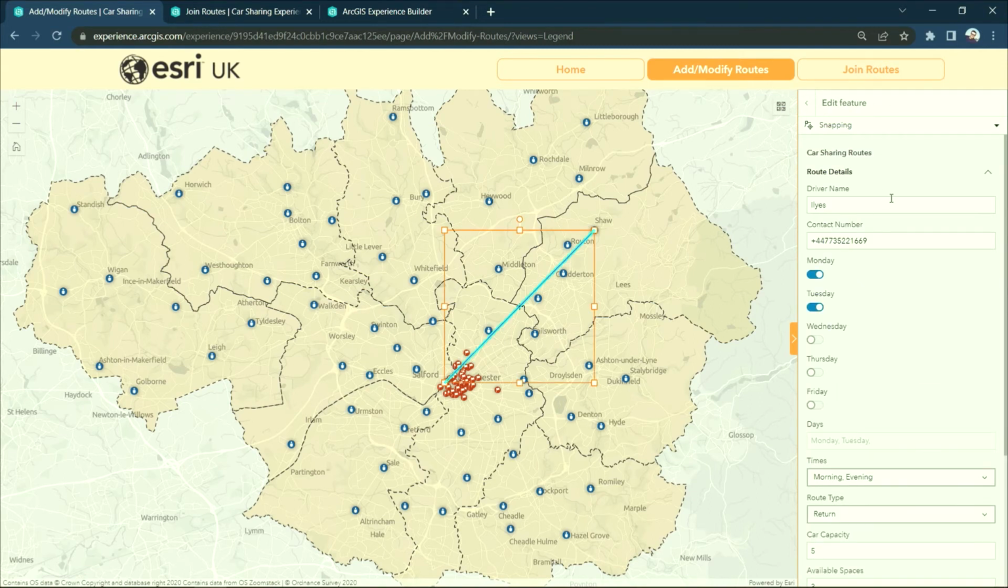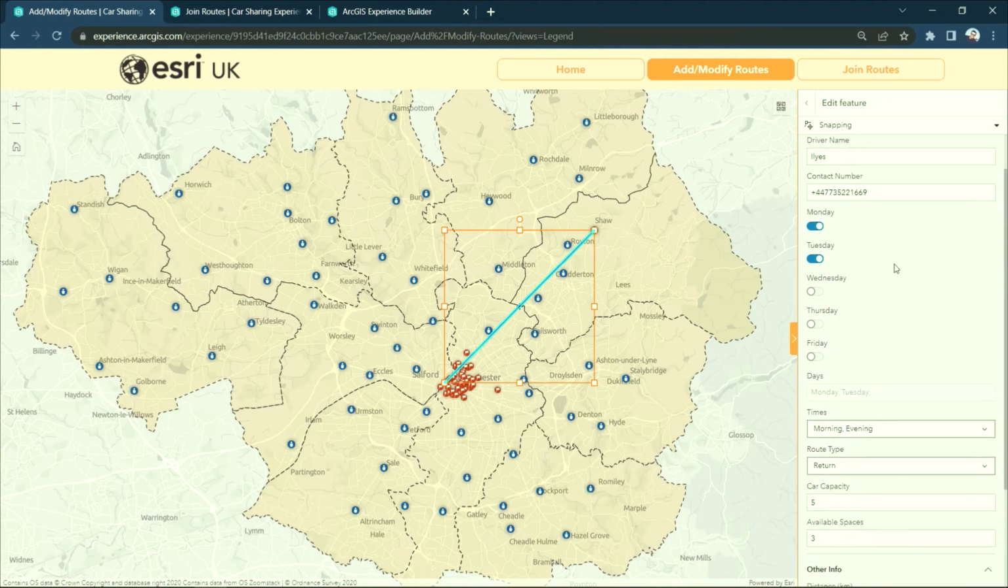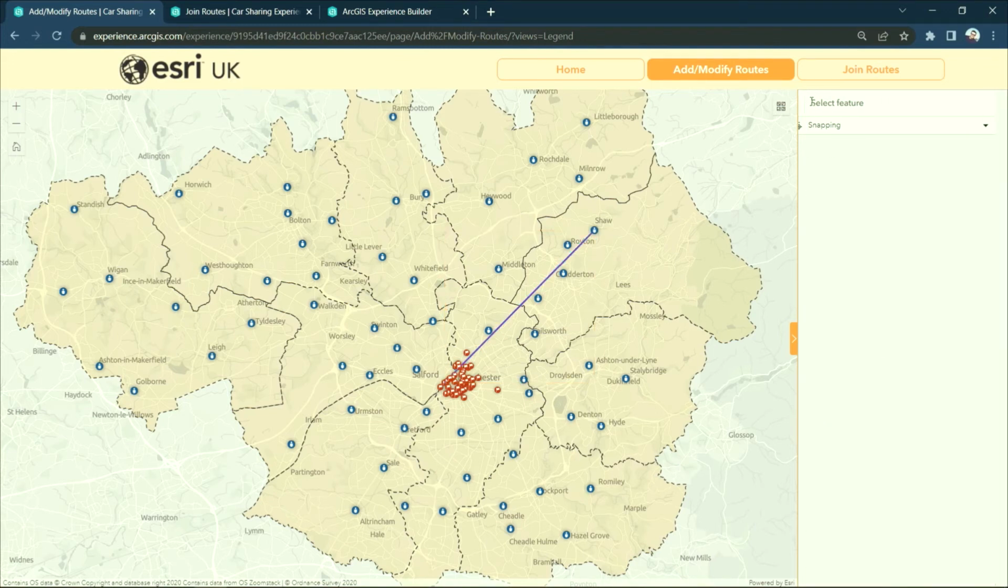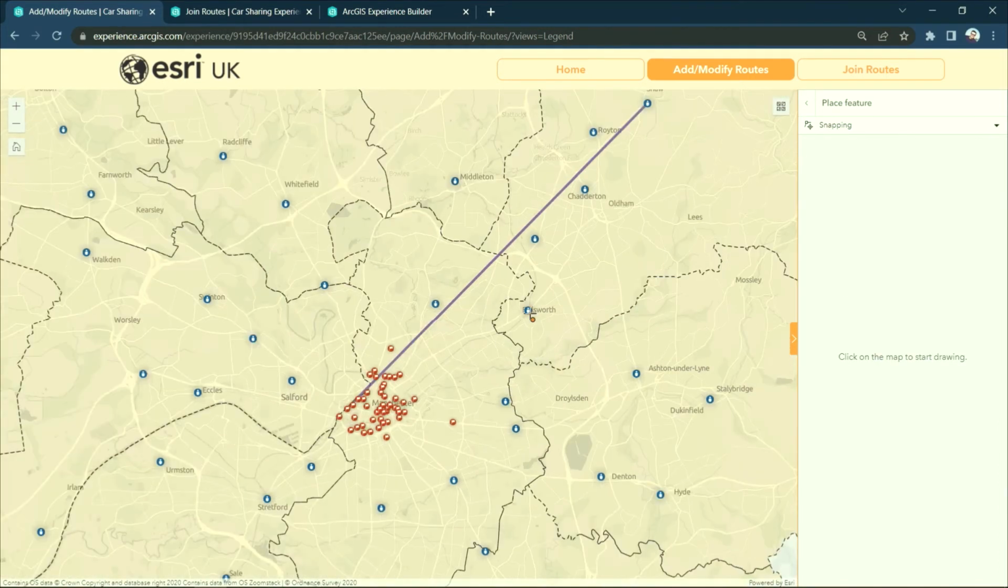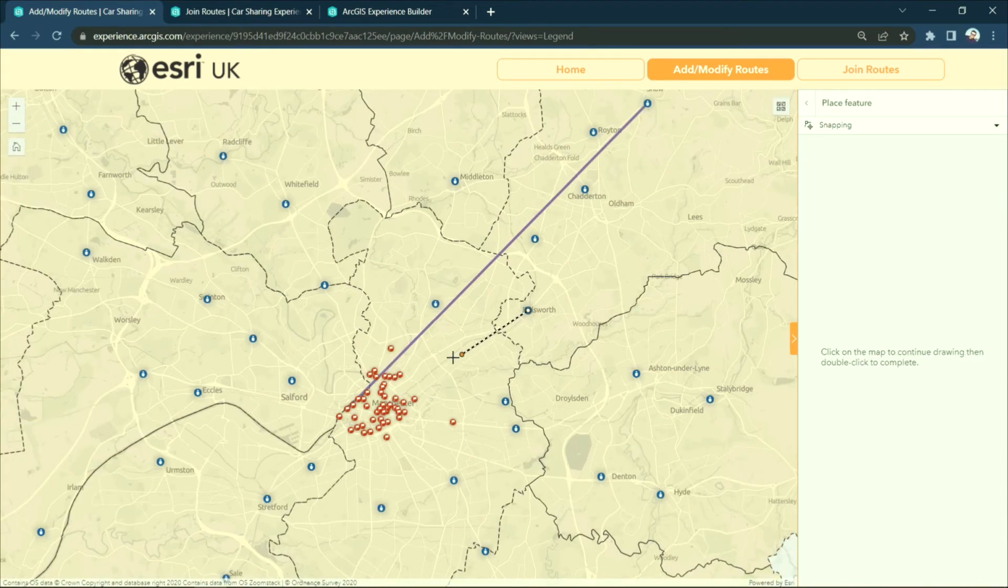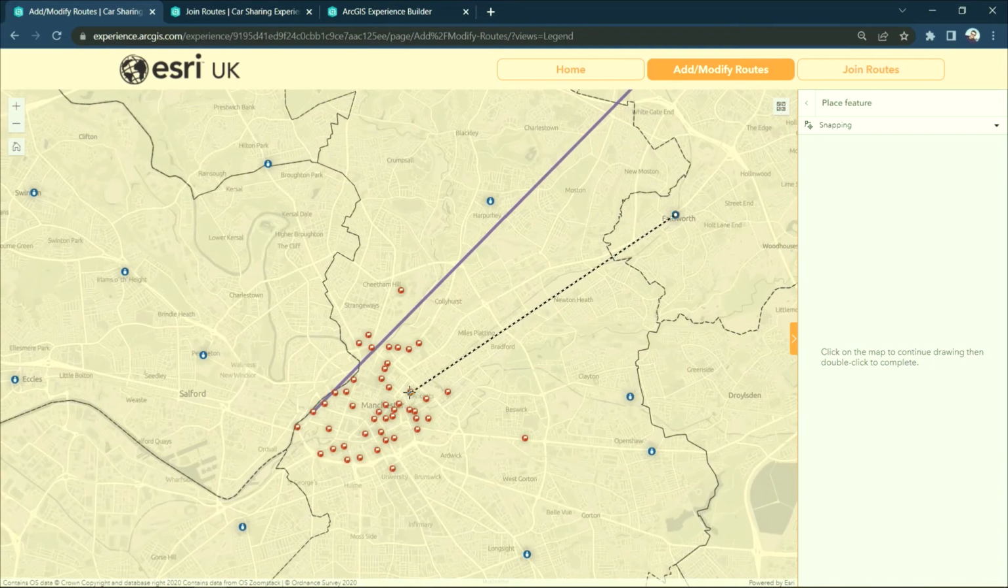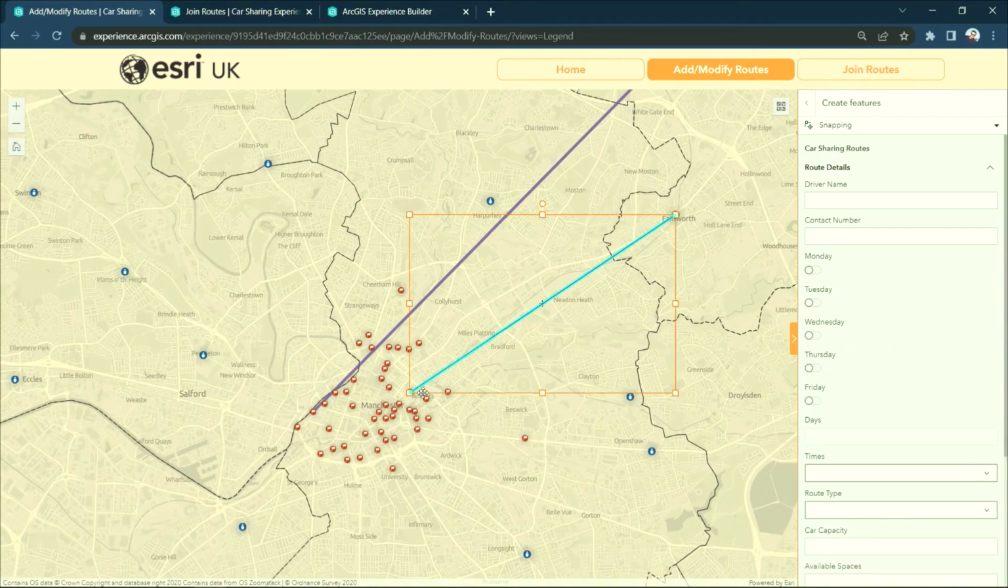and then all its information is available for me to edit here. But in this case, I will go ahead and add a new route. So I'll select this layer and then add a route from the Fieldsworth area into one of the drop-off locations in central Manchester. After I finish digitizing my line or my route, I can then go ahead and start filling